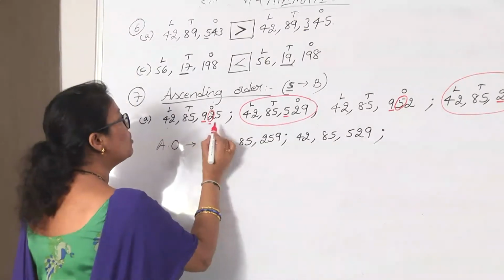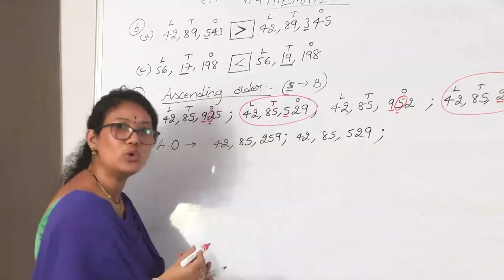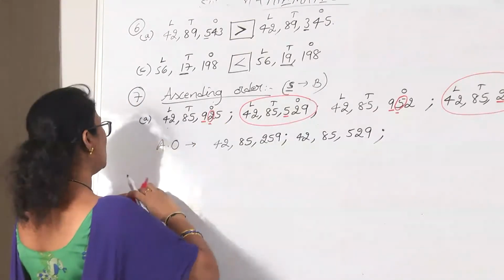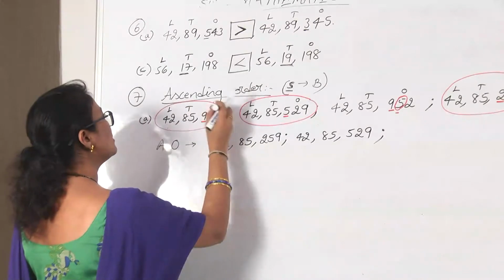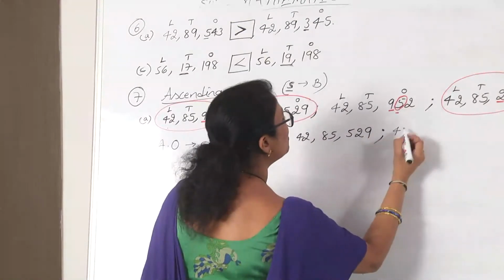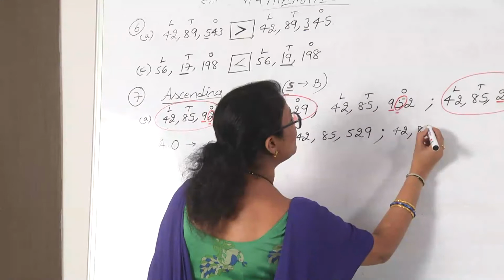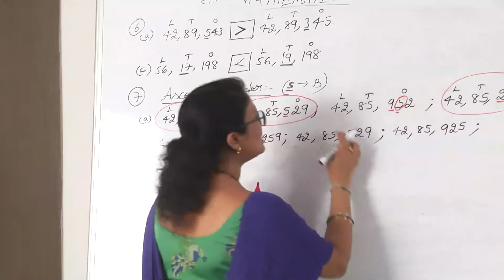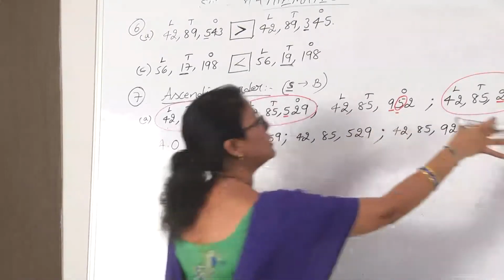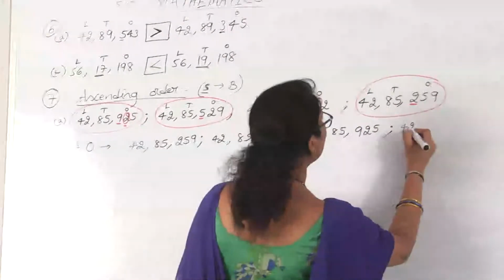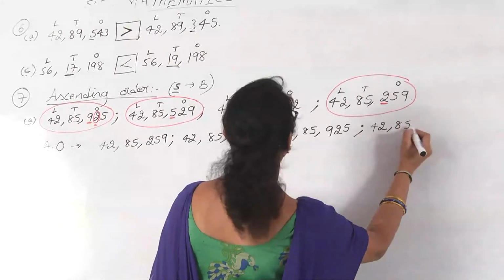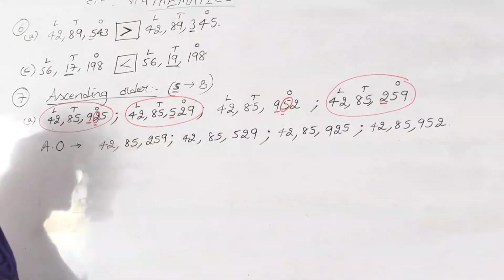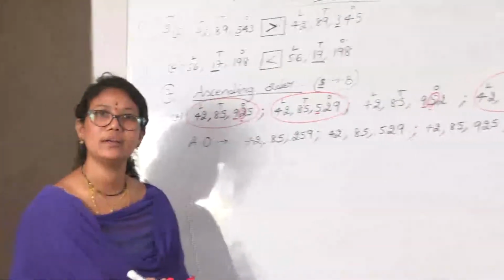Here it is 2 and here it is 5. From 2 and 5, which is the smallest one? Yes, 2 is the smallest one. That means our next third number is 42 lakh 85,925. And what is the left out last number here? That will be the last number, which is nothing but the greatest number of the given 4 numbers. Right, children, this is the way we write the given numbers in ascending order.